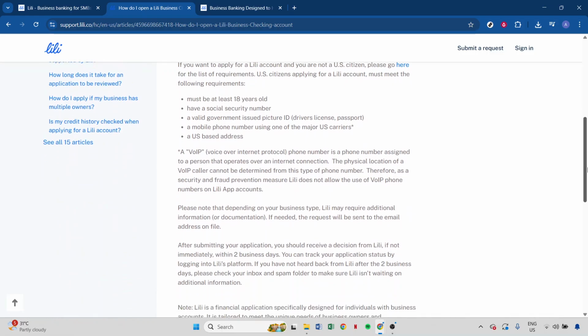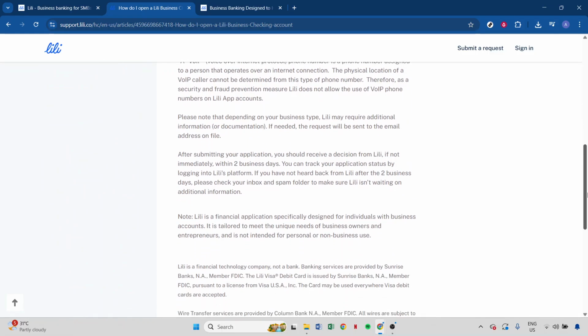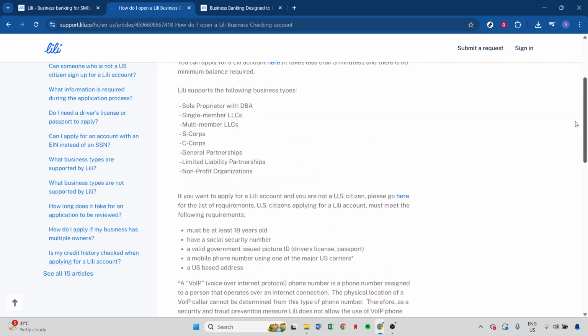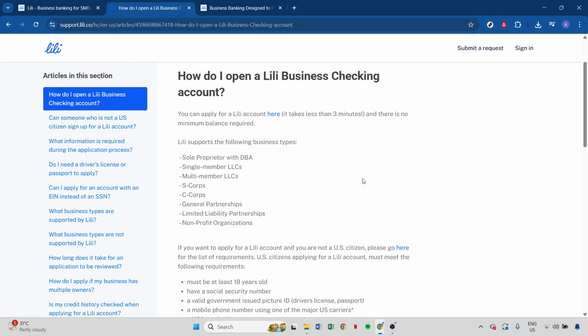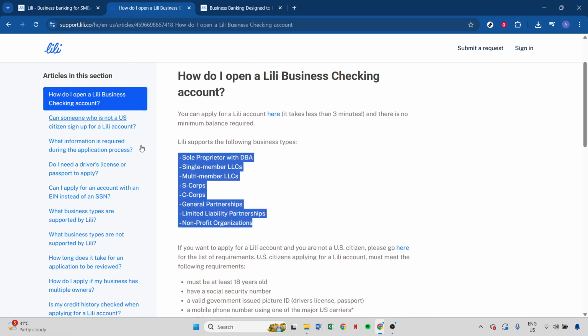Now let's move on to your business details. Here, you'll enter the name and address of your business. You will also need your employer identification number, or EIN for short, and lastly, you should be ready to specify the type of business you are operating. Whether it's an LLC, a corporation, or a sole proprietorship, having this information handy will help you move through this